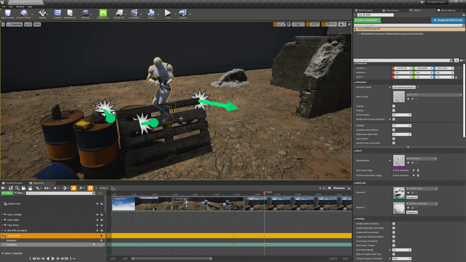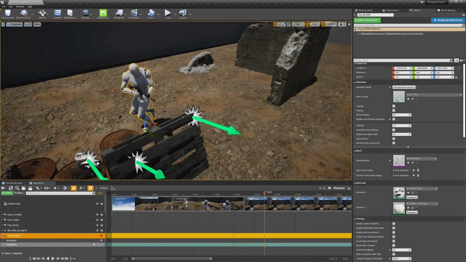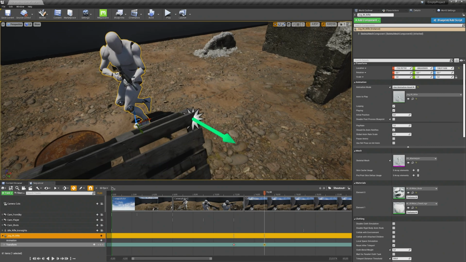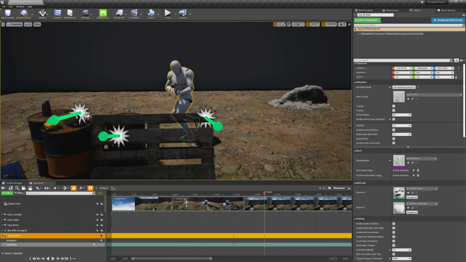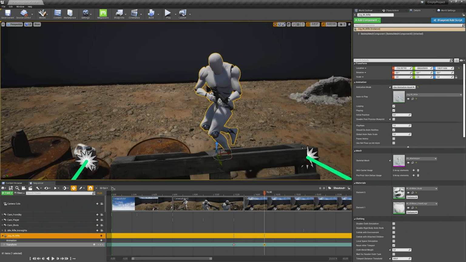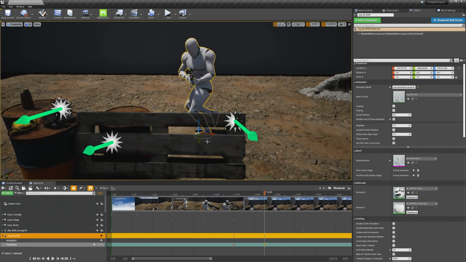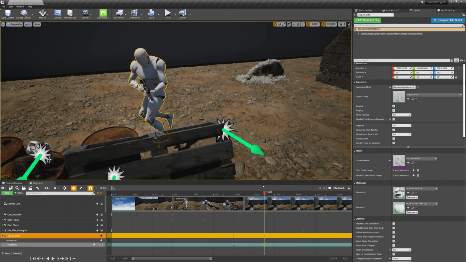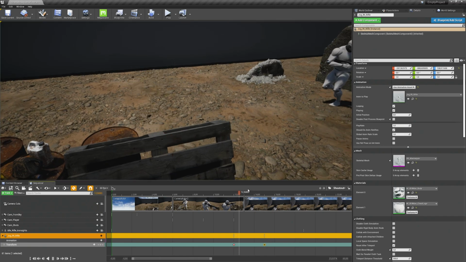Move him over. Maybe he's a bit too far away from the cover, but we will check this with the other cameras. Move him a bit further. And let's check the speed of him.